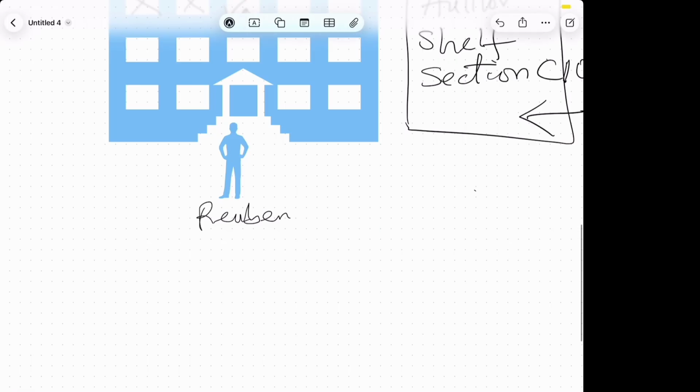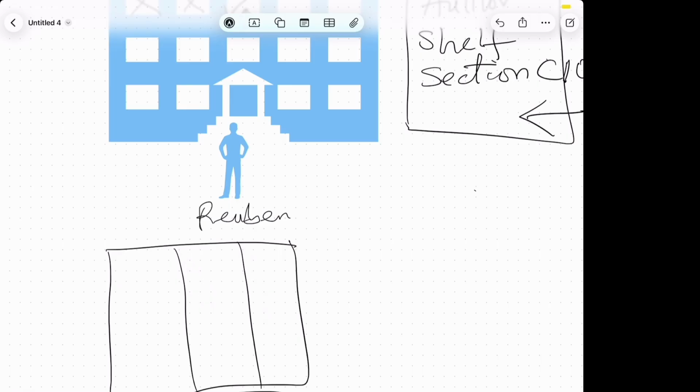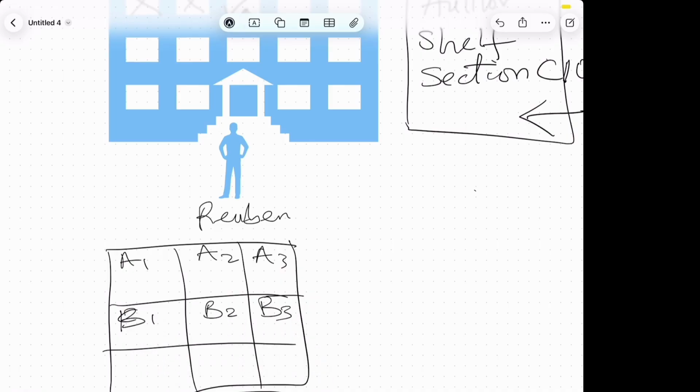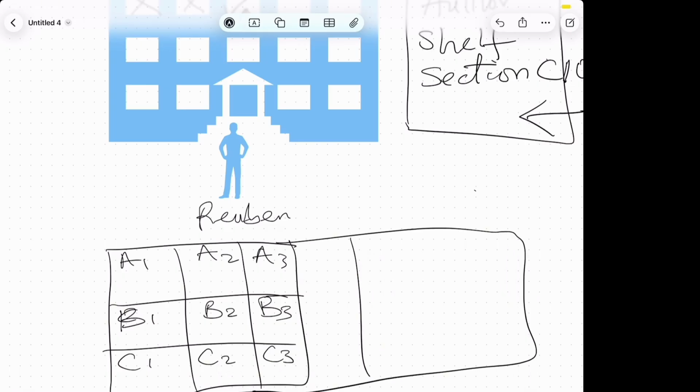Now you find your shelf. Let's say this is your shelf and it is divided into sections. Let's say this is A1, A2, A3. This is B1, B2, B3. Then you have C1, C2, C3. Let's say this extends up to, dot dot dot, A10,